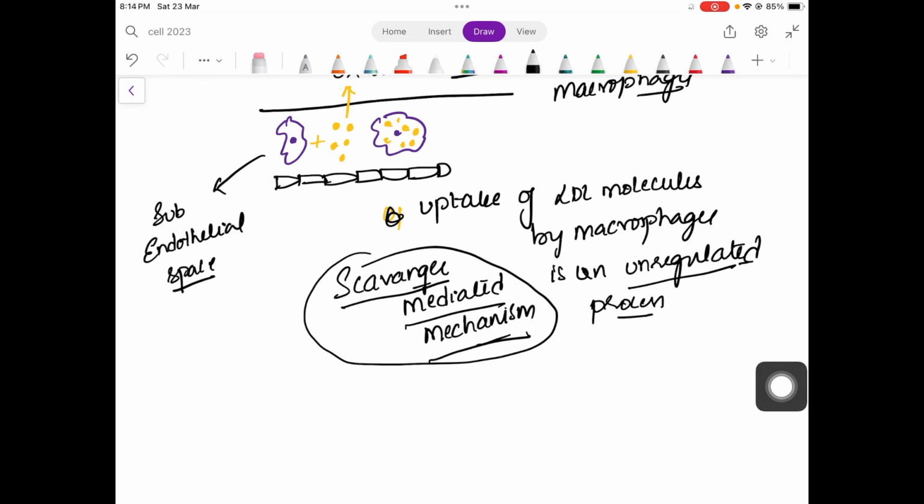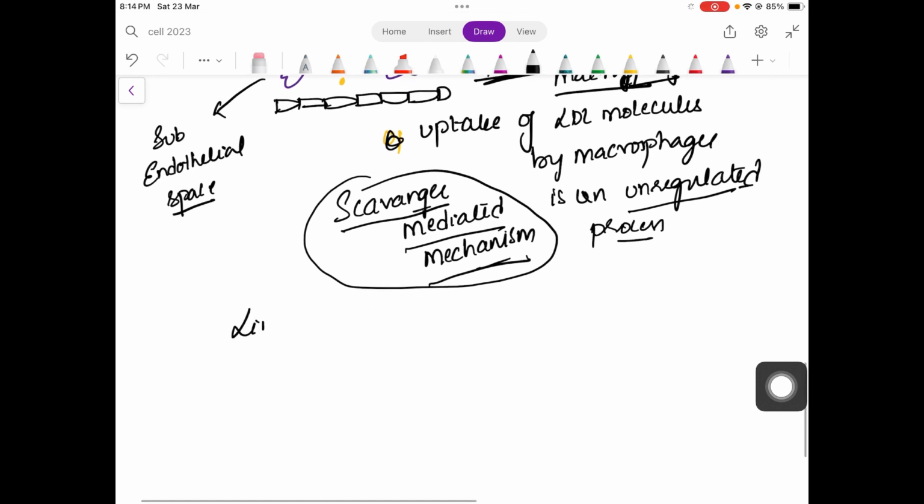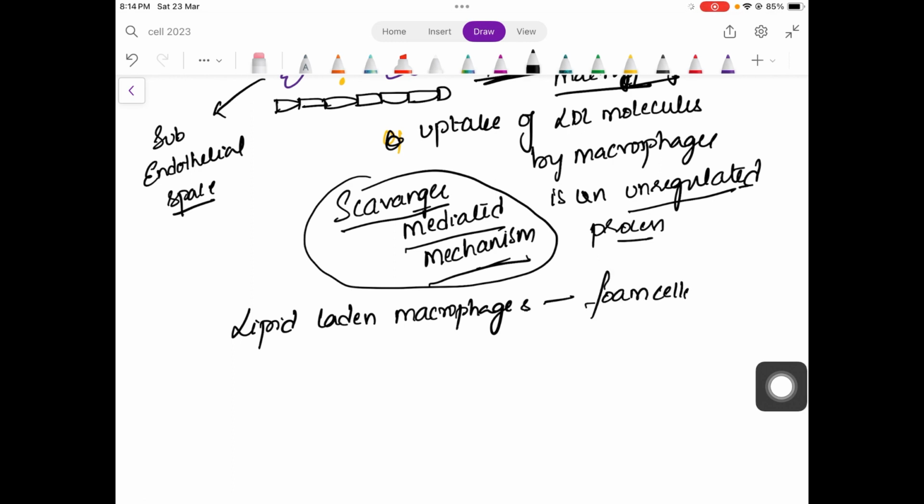By taking up the LDL molecules, the macrophages are called lipid laden macrophages, and because of the presence of lipid in the macrophages, these lipid laden macrophages are called foam cells. So this is the first step. The foam cells are formed,